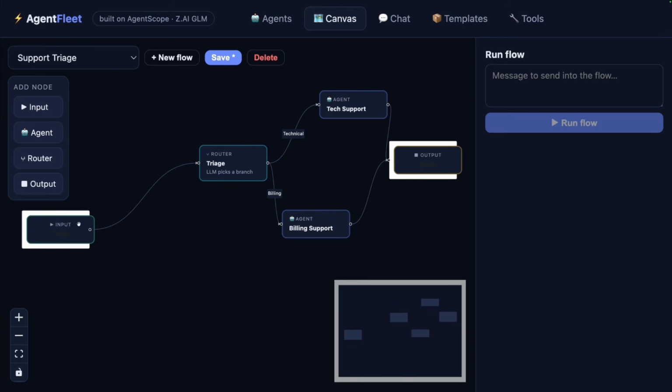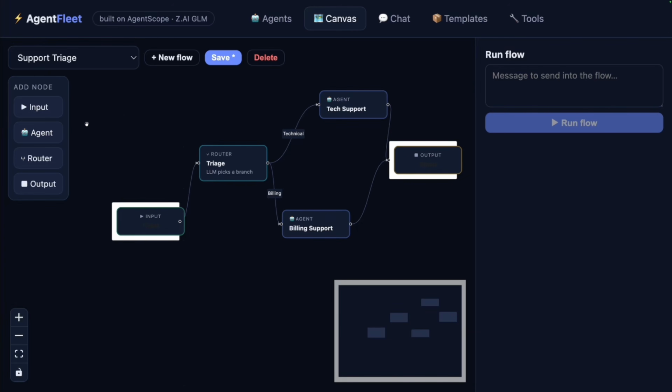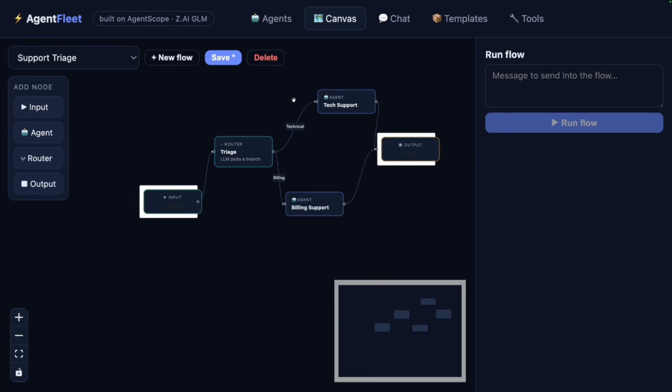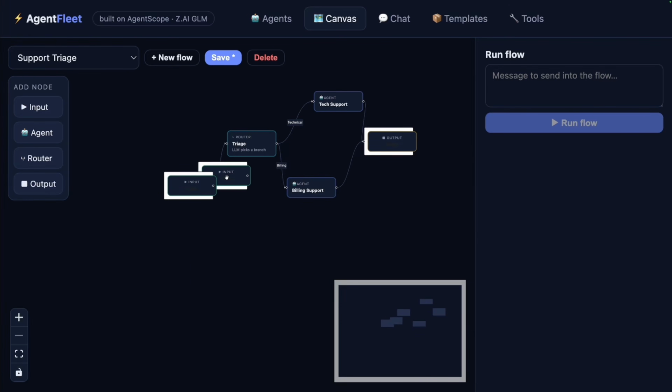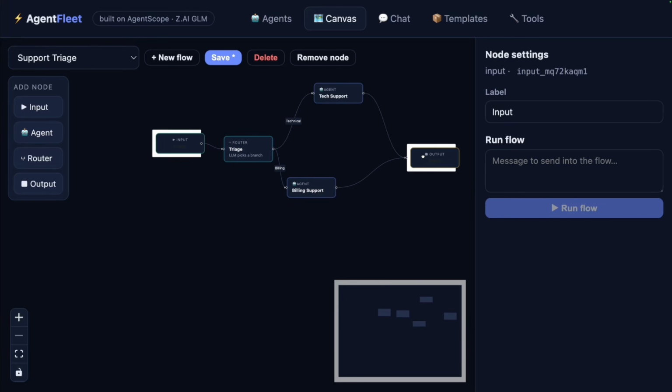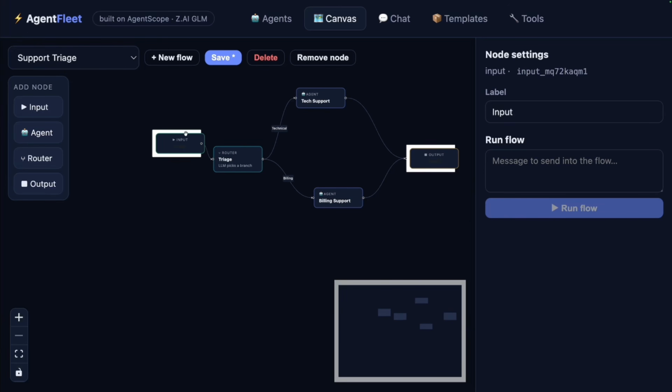See here, you have your input. You could create a new flow completely. You name the flow and then you could run the flow. This is really, really nice. Input is draggable. You could configure the input. And I think you should be able to also delete this. It deletes. Connect the input, you could link it to another node. You could have an output node and then you could build your agents.